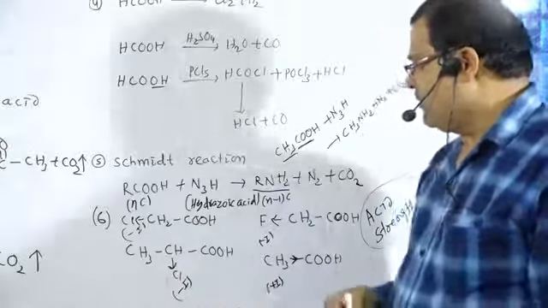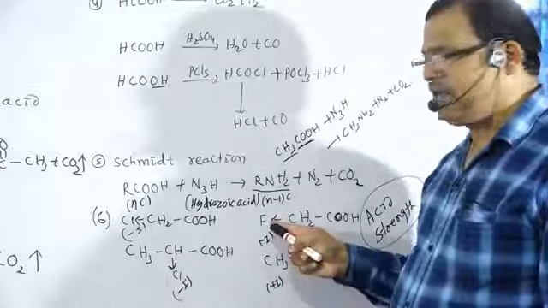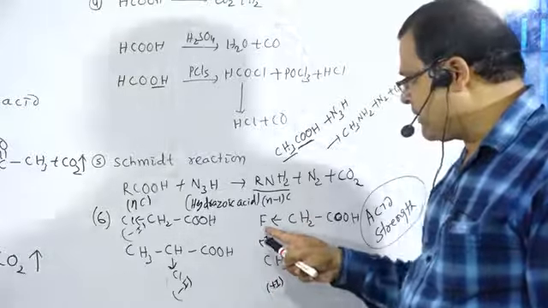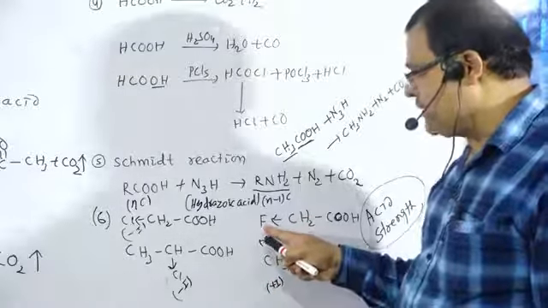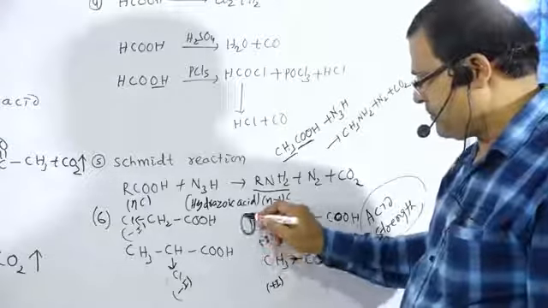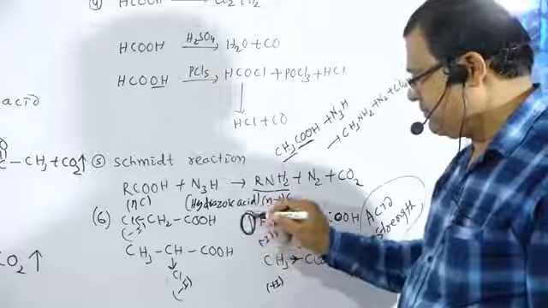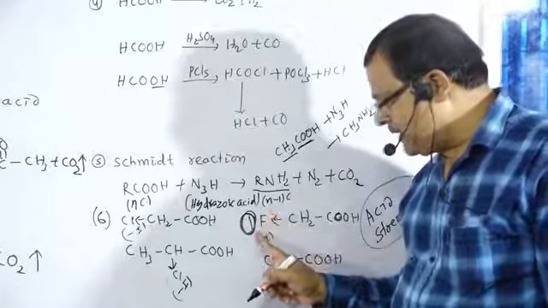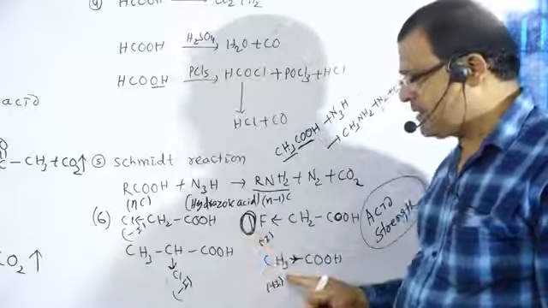We know the presence of a minus I group increases acid strength. The more electronegative the minus I group, the more acidic the behavior. So fluoroacetic acid will be more acidic than any other of the three acids.